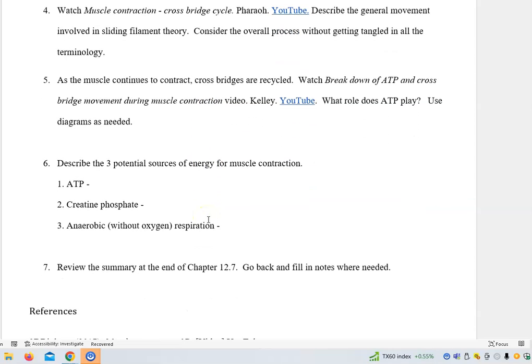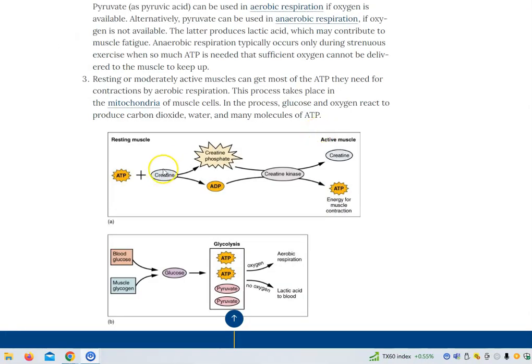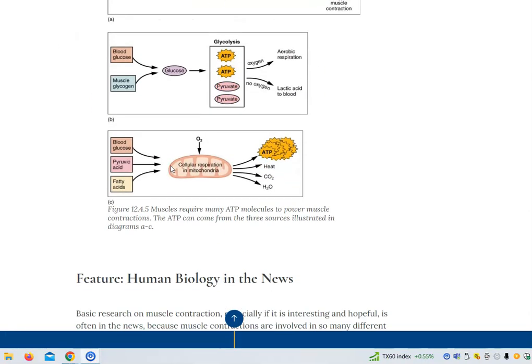And then just one more thing I want to talk about before I let you look at those is the different types of energy. The muscle has energy, and ATP is the most useful type of energy when there's oxygen to break down glucose. Creatine phosphate is another type of energy that is stored in the muscles. Good, so here is a diagram. This is figure